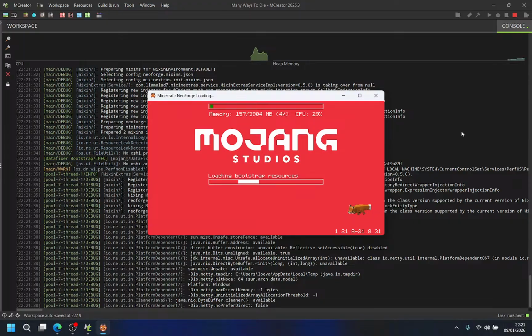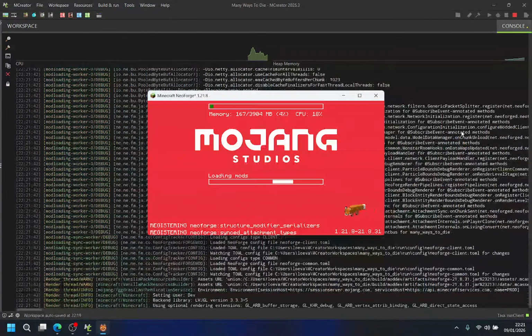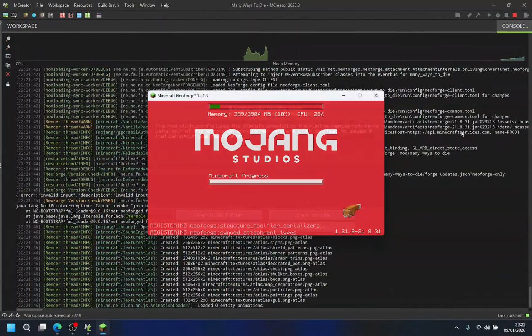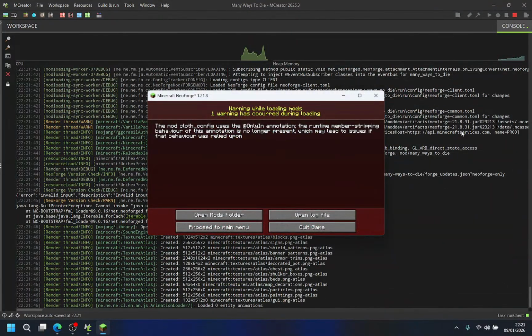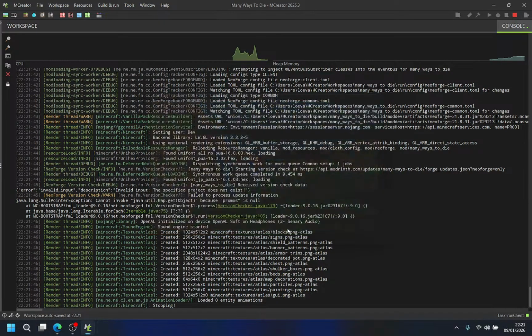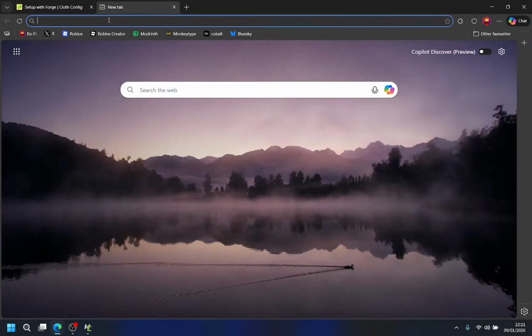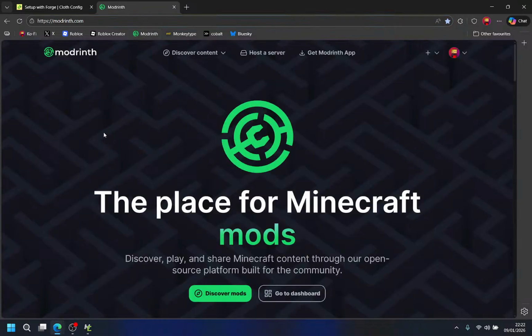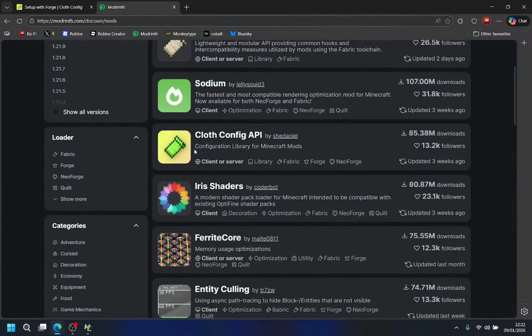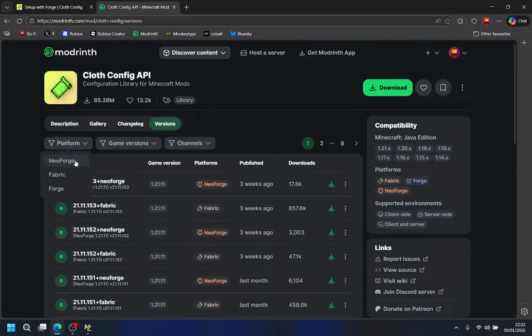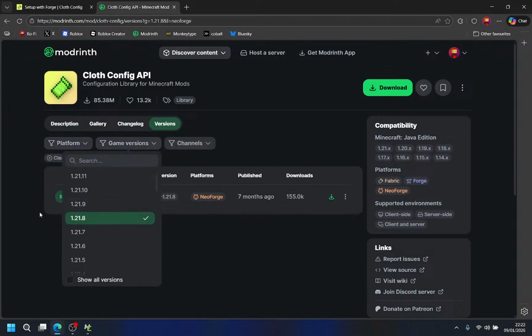We just have to wait. And bam. Yeah. So basically, if I go to the Clove Config API mod that I use, I can get NeoForge this.